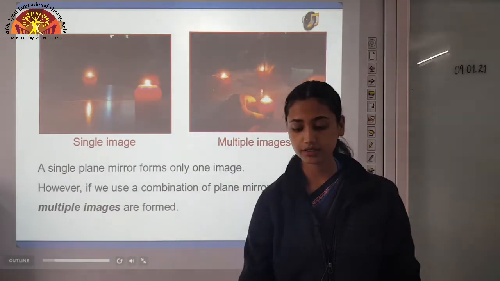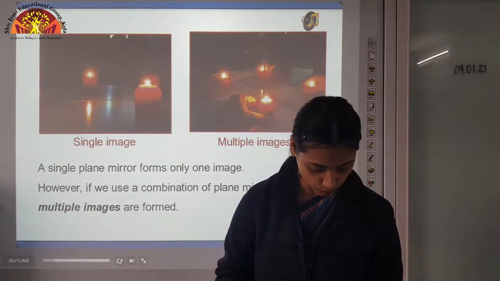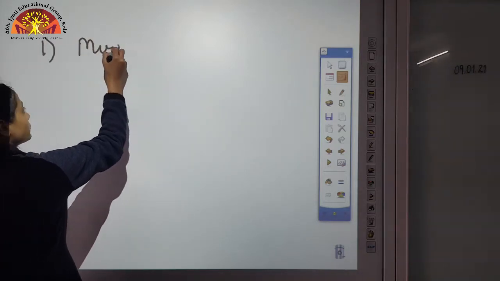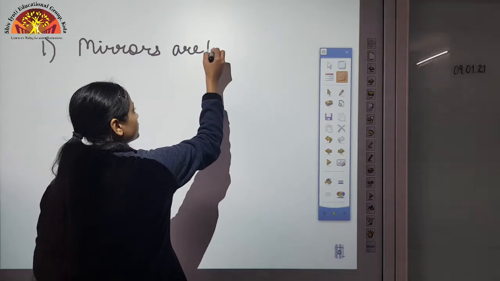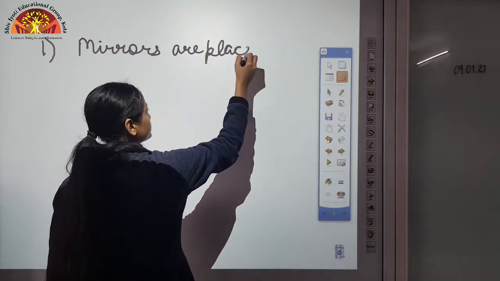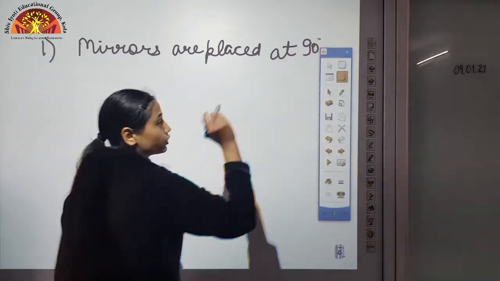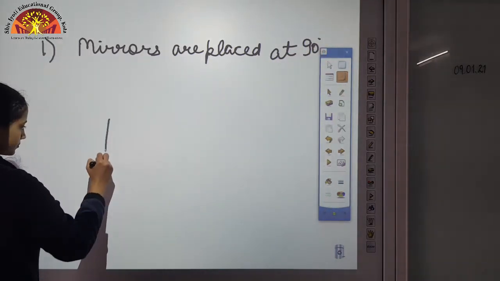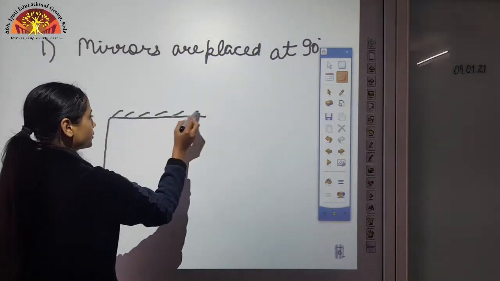Now there are so many conditions, but we will study only two. Let's discuss the first case, when mirrors are placed at 90 degrees. This is the first mirror, this is the second mirror,